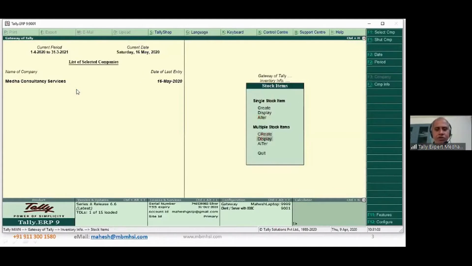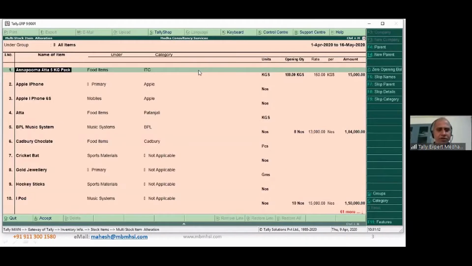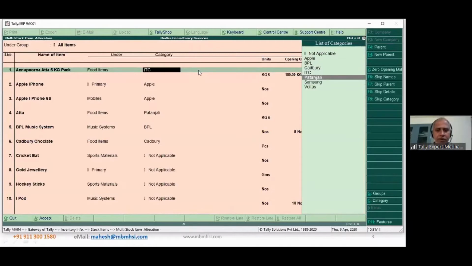I could also go to multiple alteration of the item, based on specific products or all products. For example, I'm taking all the products. Now I could go on updating the category over here. So on one screen, I could do a lot of things.